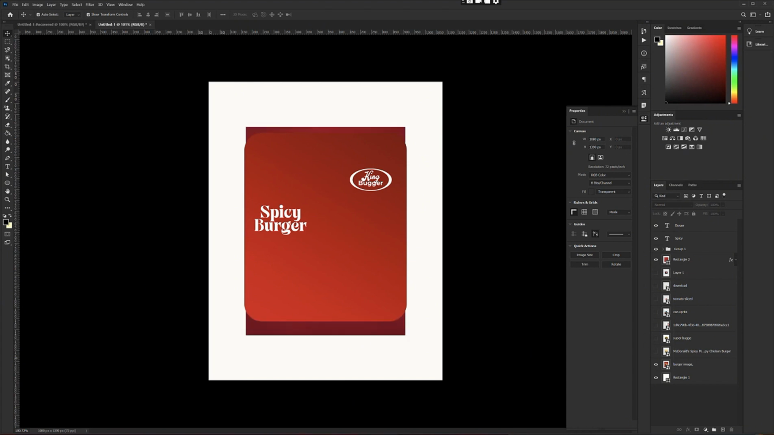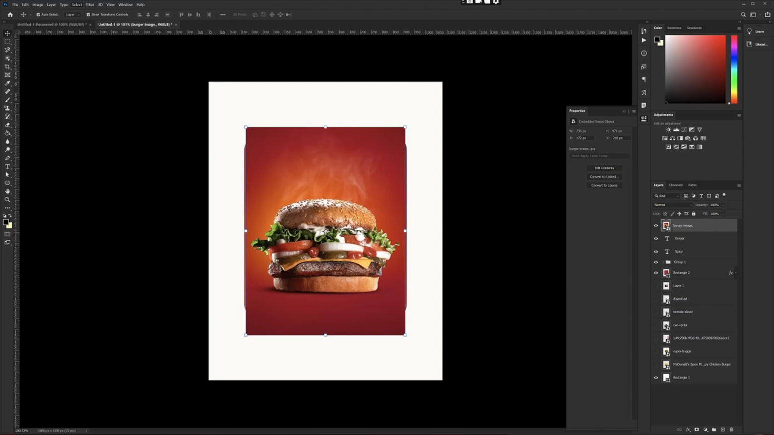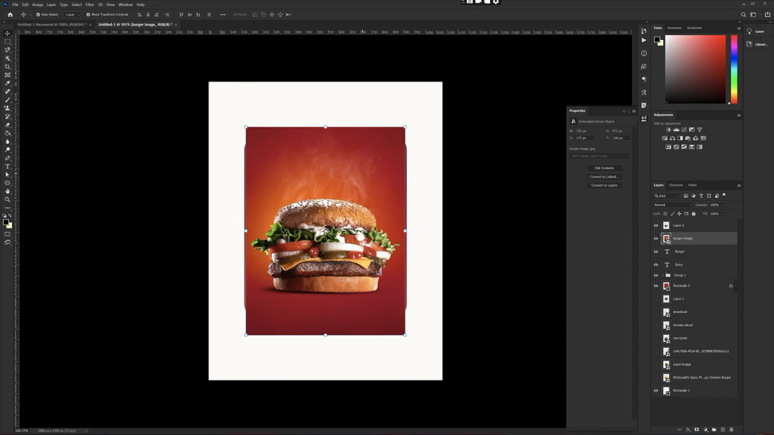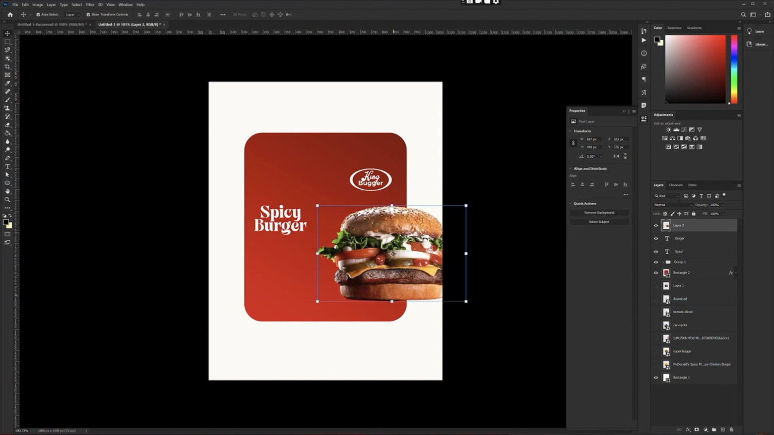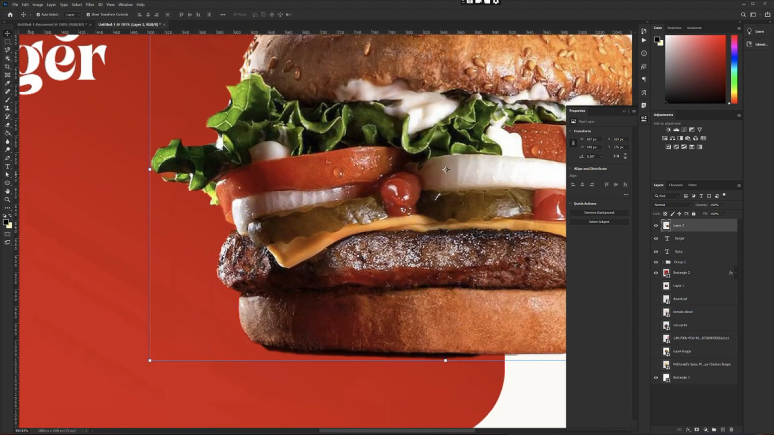So we bring out our burger. Time to present the chef's ideas. So this is our burger. We select, Ctrl C, Ctrl V. We remove it from the background. So now you see it has a little dark shadow underneath it. So we'll take that out